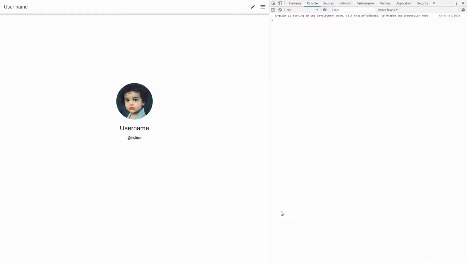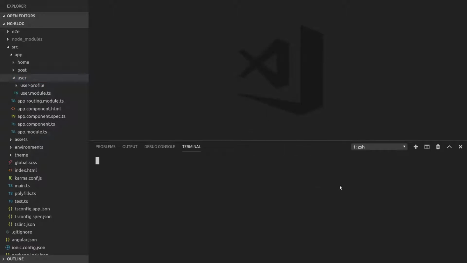Let's continue, and this time instead of sending a user to a page, let's add a modal. So when the user clicks on this button, it's gonna pop up a modal and they can edit the profile. And for that, we're going to use a component instead of a page. So back in our code, I'm gonna open up the terminal and we're gonna generate a component inside our users folder. So ng generate component, or c for short, user